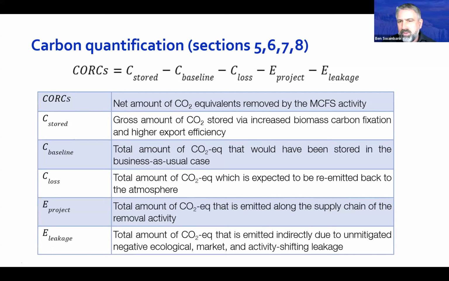And then the last piece of the calculation is the emission leakage or other kind of leakage. And these would be other activities that may have taken place if this project had not gone forward. And so there'd be other negative ecological things or other project shifts, market shifts that would be. And so less relevant perhaps for this particular specification, but still want to be accounted for within the formula. And so each of these parameters has its own tricks and complexities, specifically for this particular standard, this particular methodology.